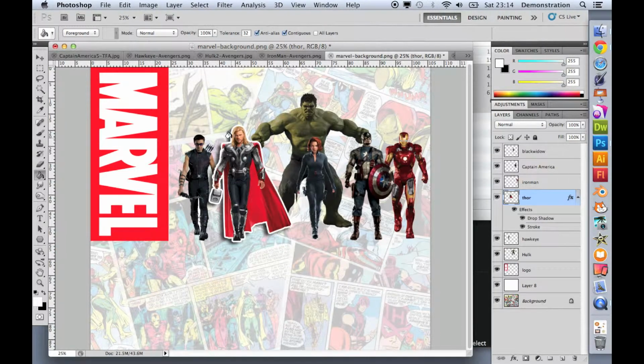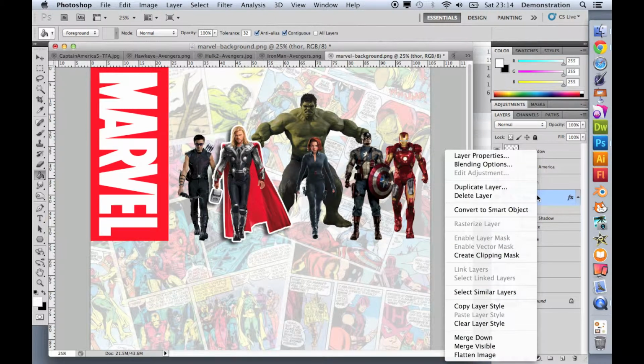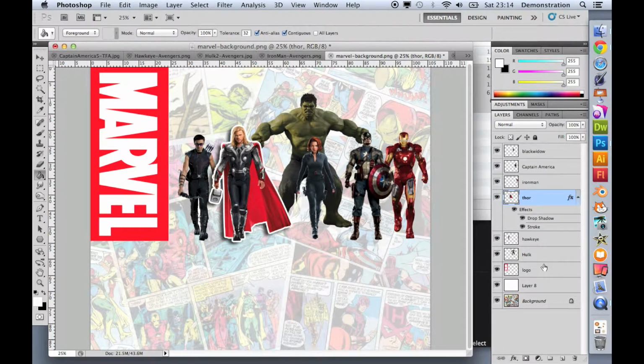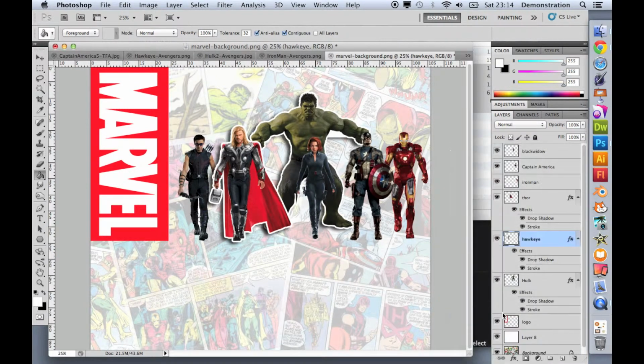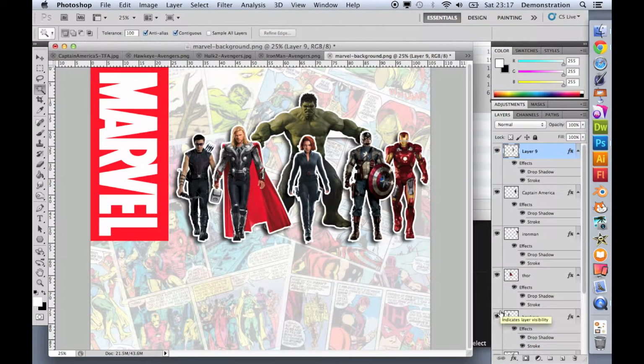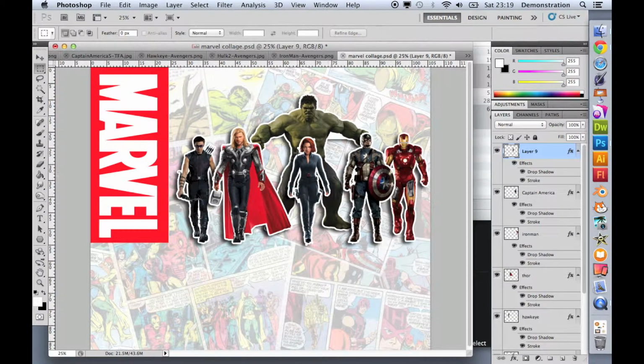So he's done, and I'd like the same shadow effect on all the other characters, and the best way to do that is to copy the layer style from Thor and apply it to the others. So if I control click or right click on Thor, go copy layer style, I can choose Hulk, control click or right click and paste the layer style. So there's Hulk done. I could do the same to Hawkeye and do it to the others. So I'm just going to speed up through this and do the same thing to them. Okay, so they've all got their little white outlines around them. They've got their drop shadows, and